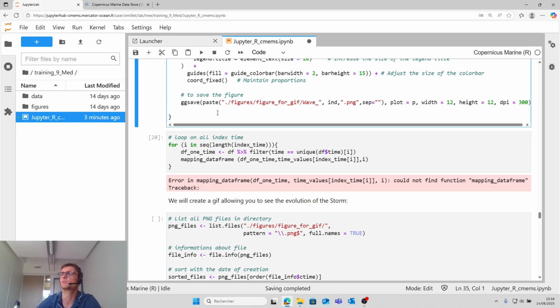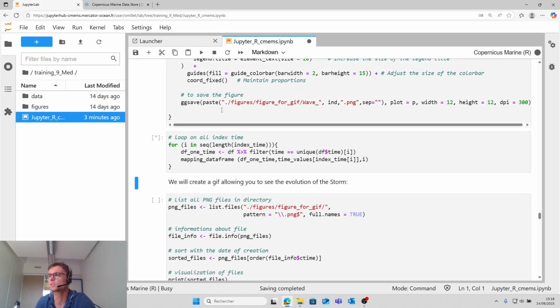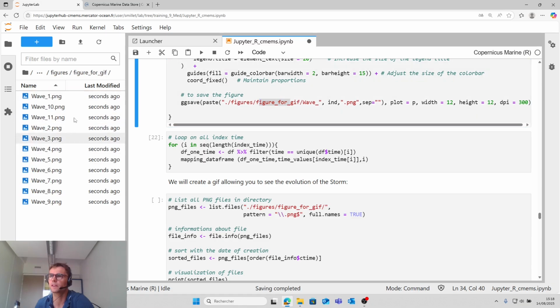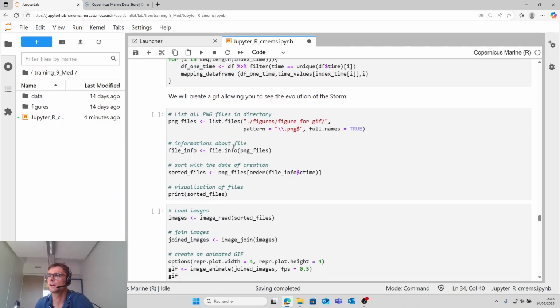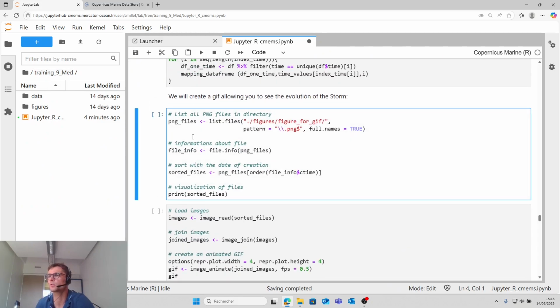Sorry, I forgot to run the loop before. So now all the maps are saved in the folder figure for GIF wave. Here you have all the maps, and here we create the GIF.